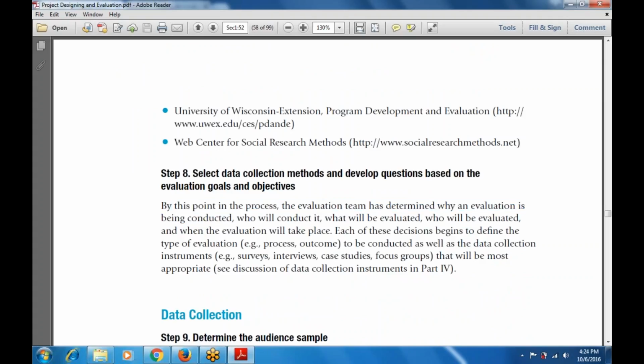By this point in the process, the evaluation team has determined why an evaluation is being conducted. What is the use of the evaluation? Who will conduct it? What will be the evaluation technique? Who will be evaluated? And when will the evaluation take place? These are the various questions that must be discussed, that begin to define the types of the